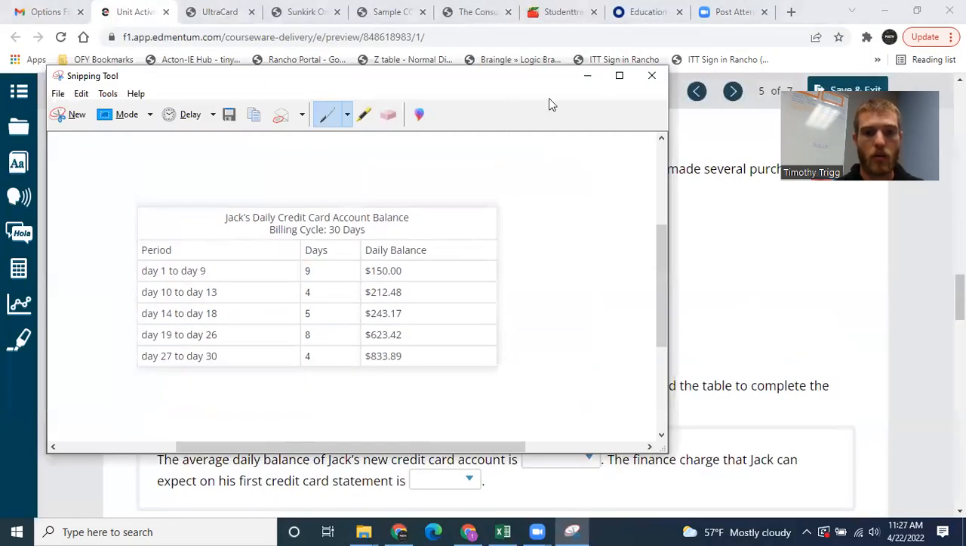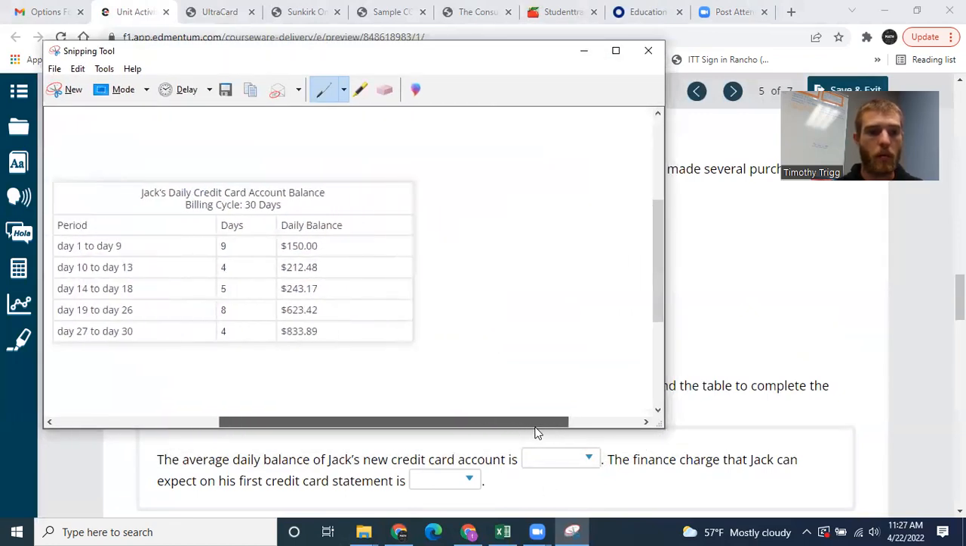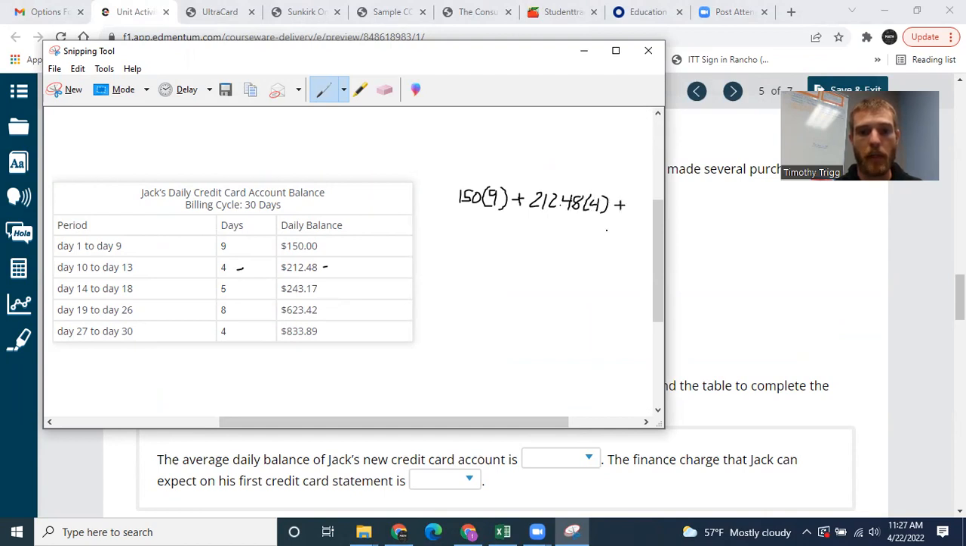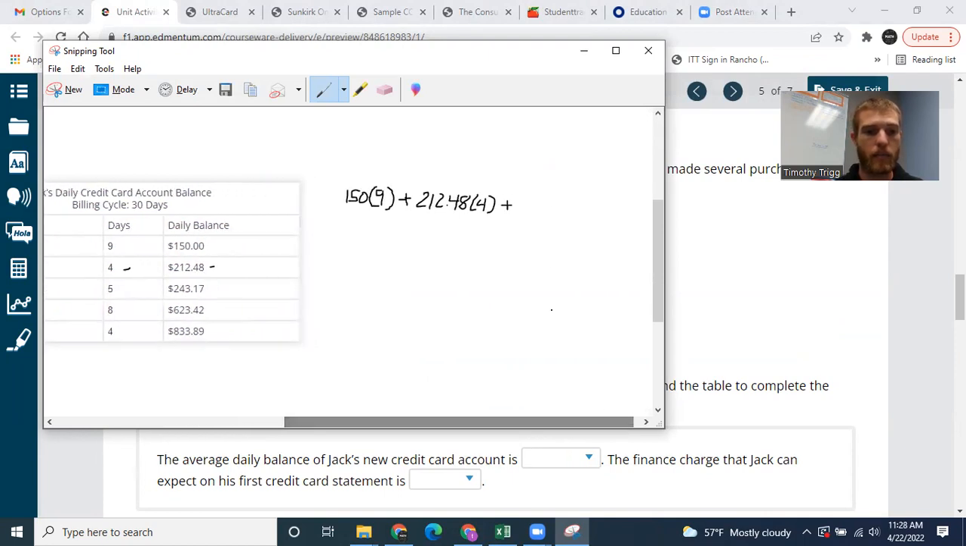Okay, so how do we do this? You take each of these balances and you multiply by the number of days that balance is there. So $150 times 9. And then plus, the next balance is this balance right here times 4. 212.48 times 4, plus, we're just going to continue to add these, 243.17 times 5, plus,